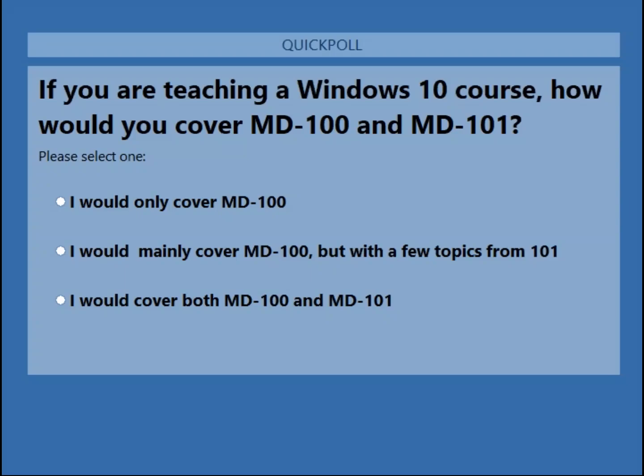As the poll comes up, it's going to take you through either one or two questions based on what you're doing to get that information from you. That'll help us to understand how, as faculty, you're going to be teaching your classes with the MD100 material and the MD101 material.